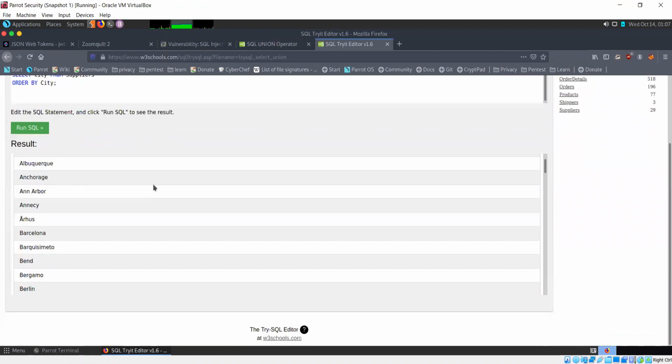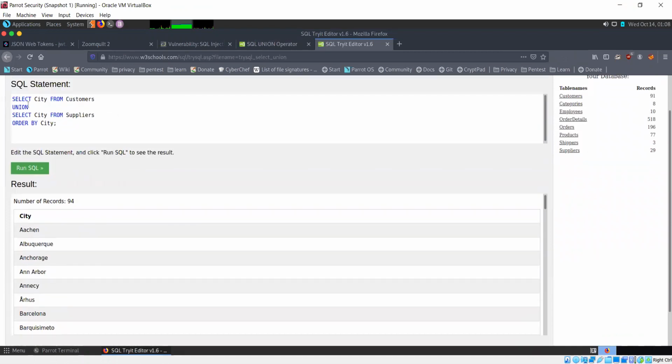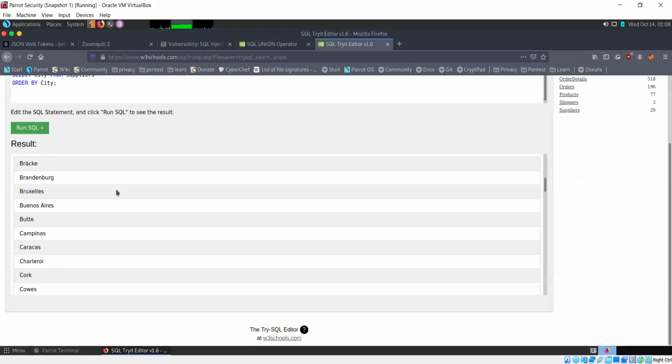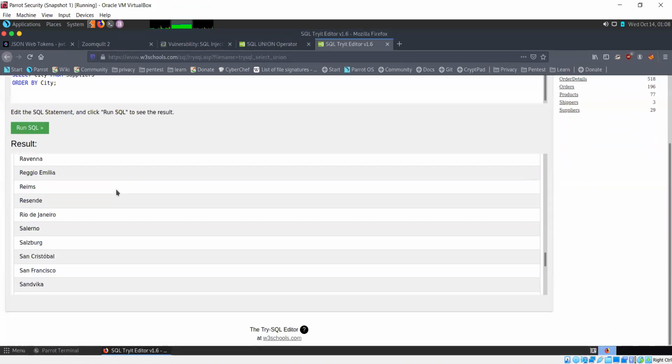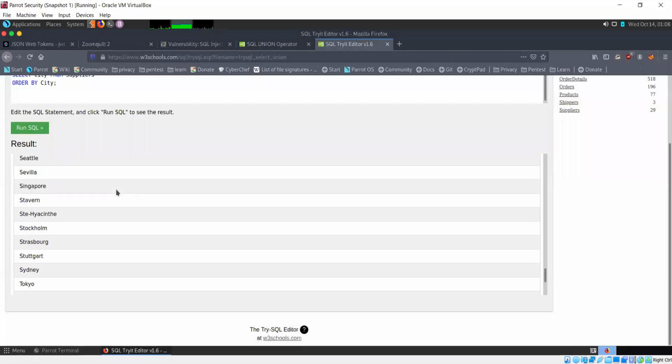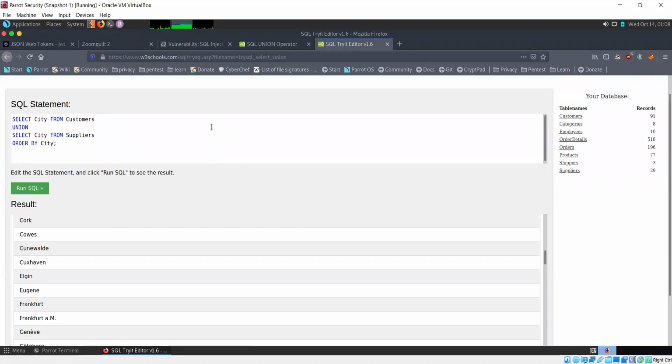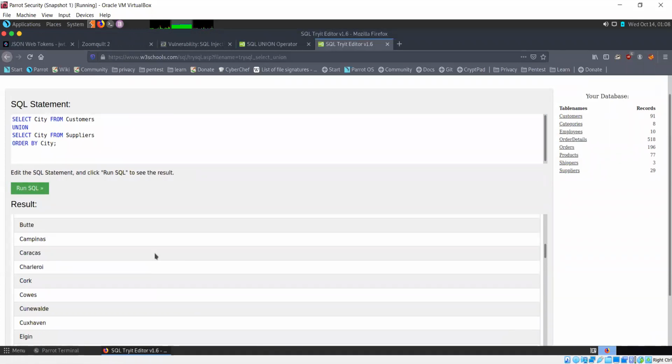It has run union on both select statements and given us a total number of results. These are the cities present in both tables. By default, union is only going to give you unique results. So if one particular row is present in both tables, it is only going to list that once.